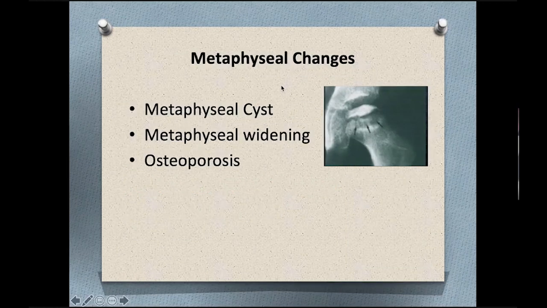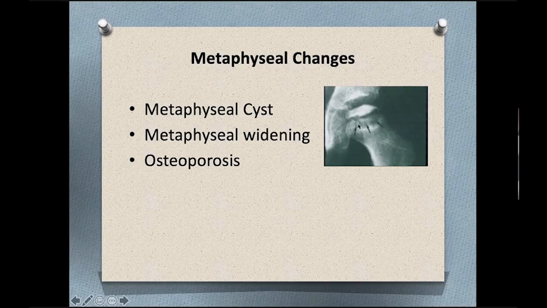So here is the metaphyseal cyst formation. This is the physis, which is dense, a little bit flat. There is increasing area from the teardrop to the edge of the acetabulum. But if you see carefully, there is multiple cyst formation in the metaphysis. In early stages, there is cyst formation in the physis. That is not so much a bad sign, but metaphyseal cyst formation, here you can see 3 cysts, this cyst,